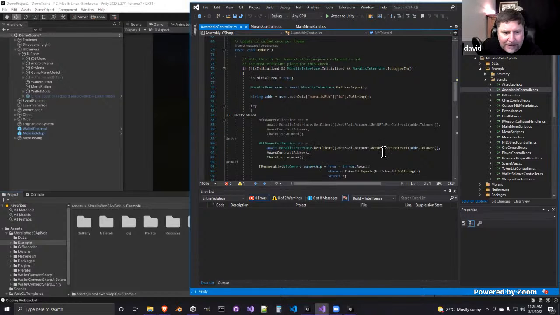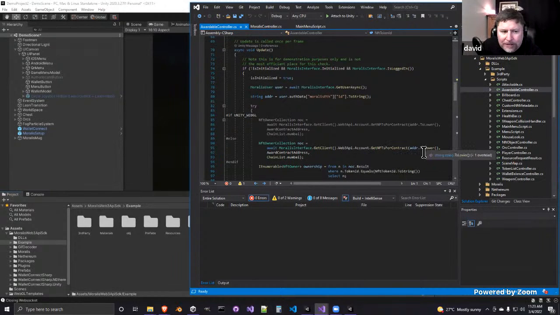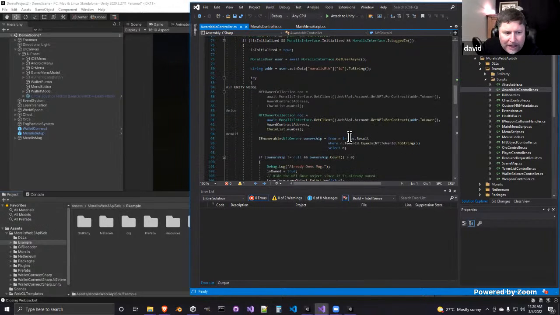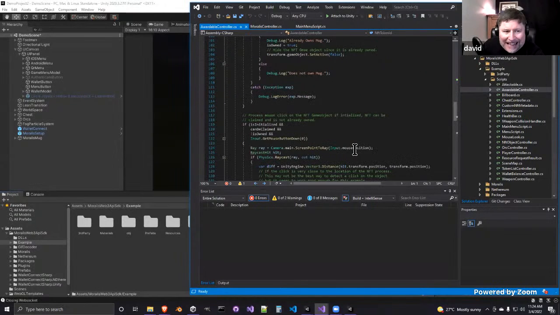And what this does is it goes out and it finds all the NFTs that are owned by that person. So in this case, I want to make sure they don't own the NFT before I show it in the game. And so I take those results, I look for the ownership, and if the person already has the mug, so if this returns data, then that means they already own it and it's not going to show the NFT. Whereas if they don't own it, it'll still show the NFT. And then when they claim the NFT,